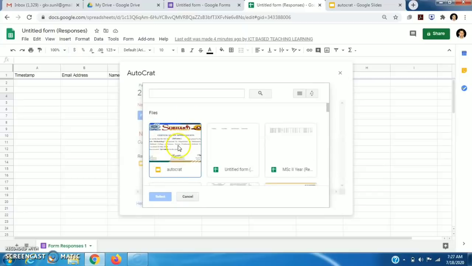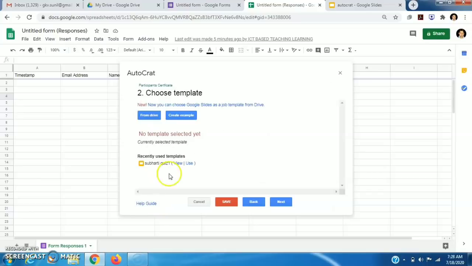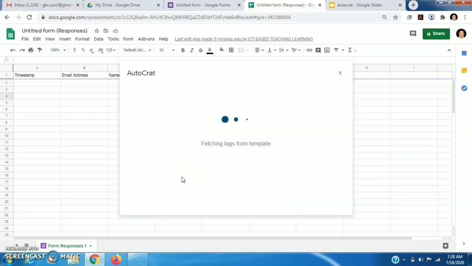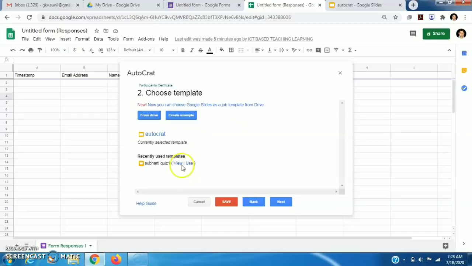As we can see there, autocrat is here. It is set up. Now I click on next.